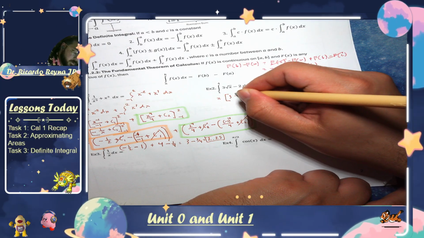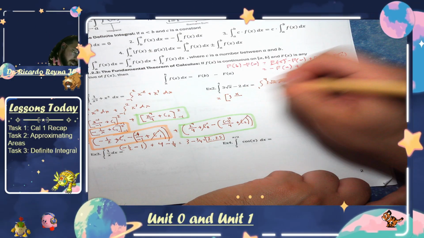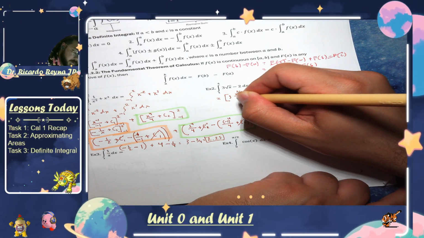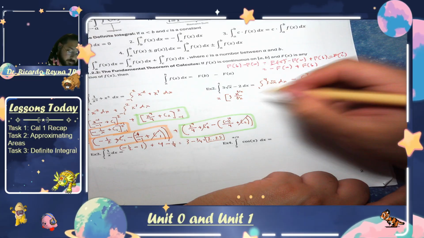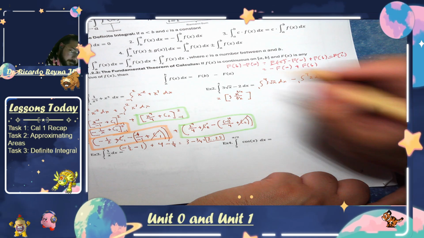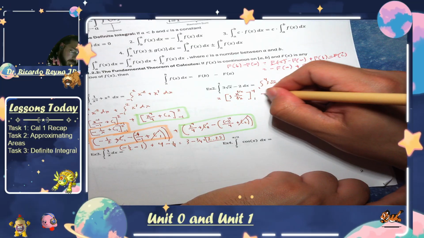3 times x to the power of 1/2 plus 1, so 3 over 2, divided by 3 over 2. And this time I'm going to include the plus c. I'm going to go from 4 to 1. And then minus,